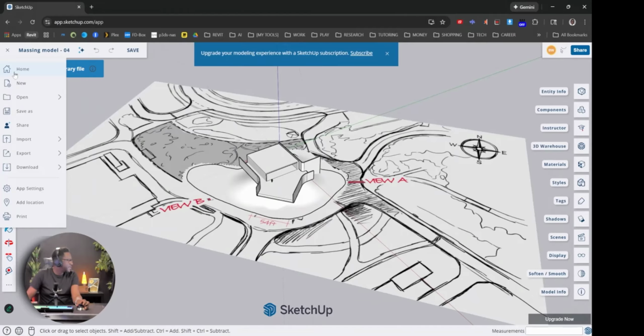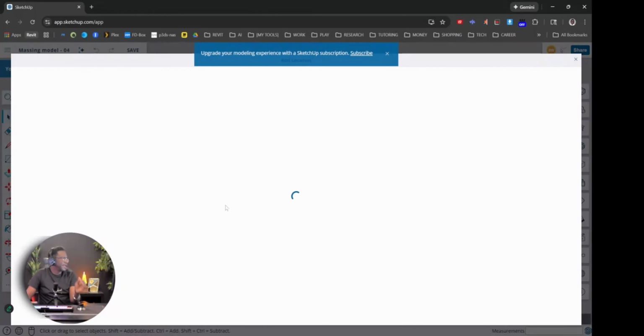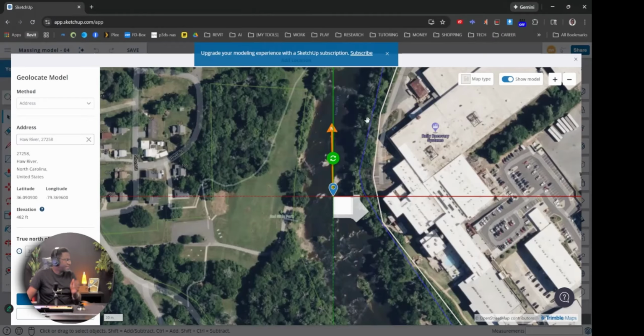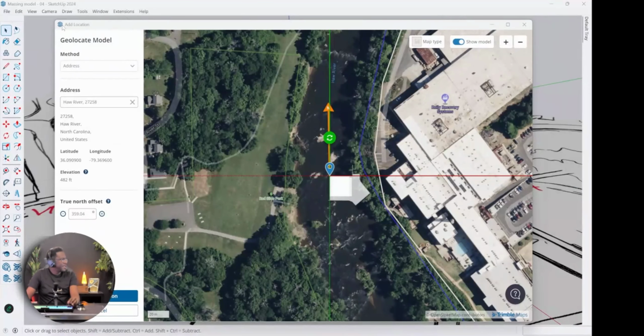Then I can go to here, that's a little hamburger menu right there, and I can just go to add location, and I will get the same prompt that comes up here. So I'm going to be using the local version in SketchUp. Now for add location, in order to geolocate your model to get accurate shadows, you want to put in the address that we have here, right? Now, because this whole process is really a simulation, this project actually exists already, so we know where the site is, and the site is going to be at Museum Drive, West Kowloon, Hong Kong, right?